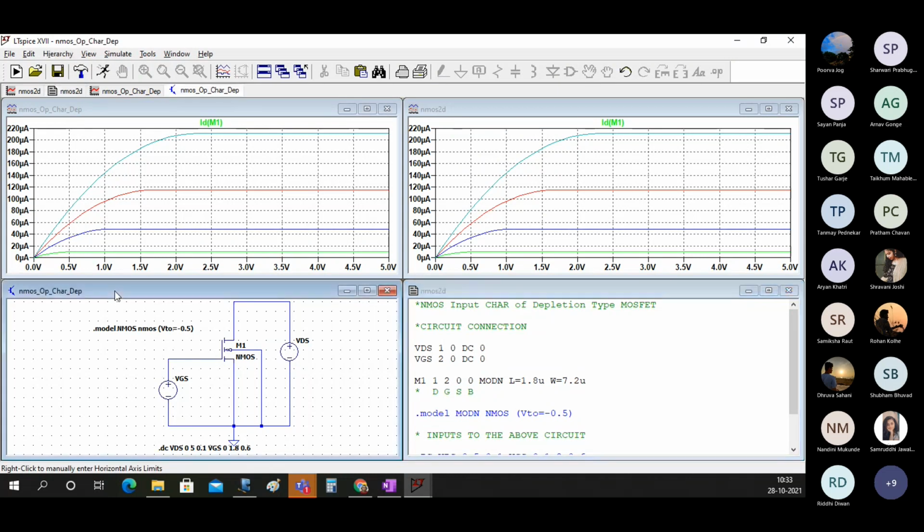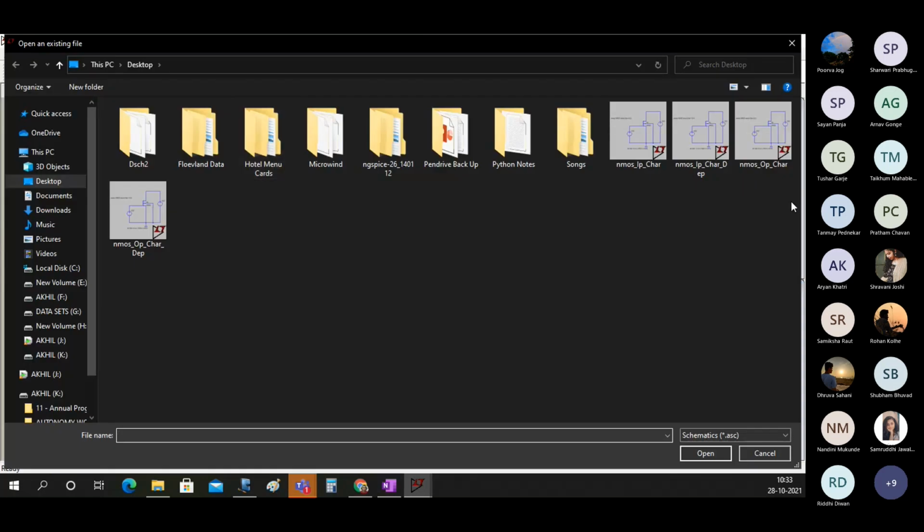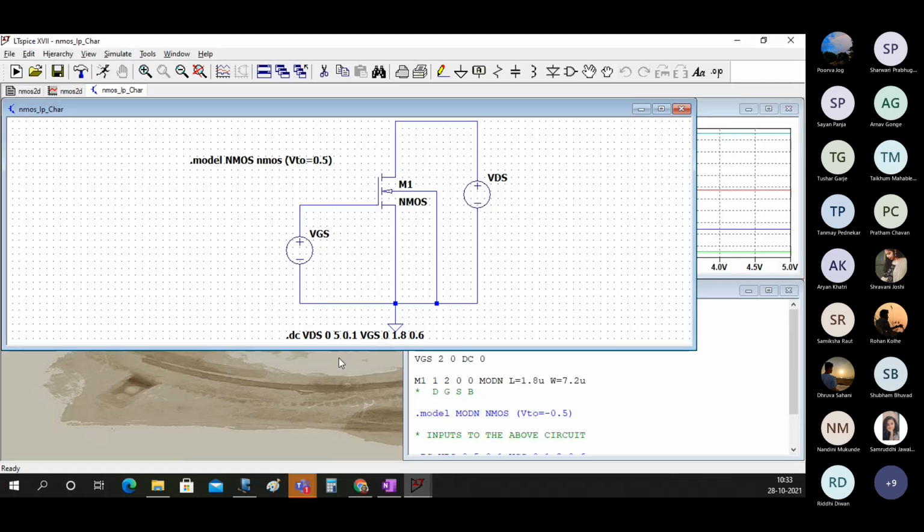Now let me just compare. Close this file, and let me open the input characteristics of the enhancement type MOSFET.